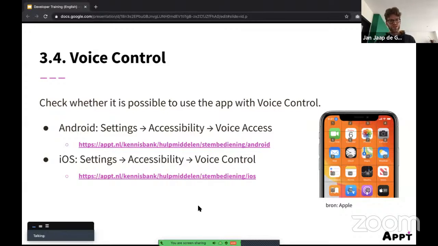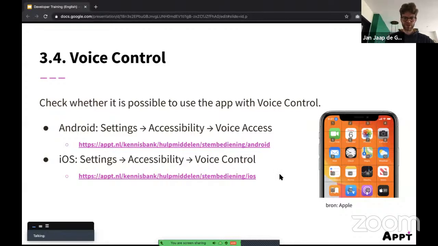Maybe also important to mention that, for example, the screen reader, switch access, and voice control use the same accessibility API. So if your app works with voice control, it usually means that you can also use it with switch control and also with the screen reader. So if you take some time for accessibility and make it work correctly for, for example, voice control, a lot of other users that use other assistive technologies also benefit. So I really suggest you try out voice control sometime.